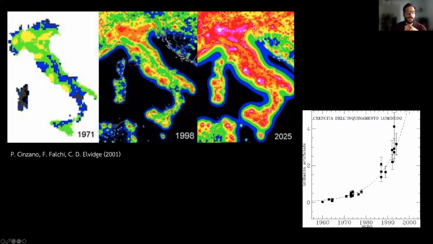And also, if we take a look at the islands of Italy, you can see that even the northern island of Italy was not, or only slightly, affected by light pollution. You can see the islands again, but here we have more or less one light dome, doesn't matter if above the island or above the water. So this is also a crazy development.